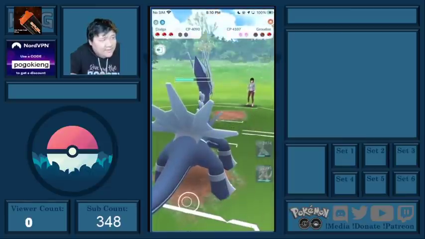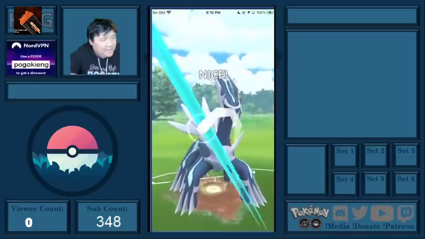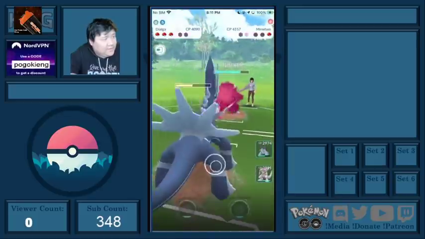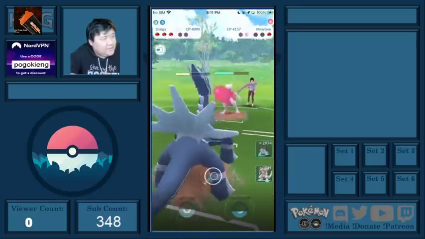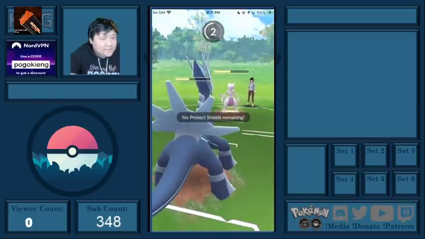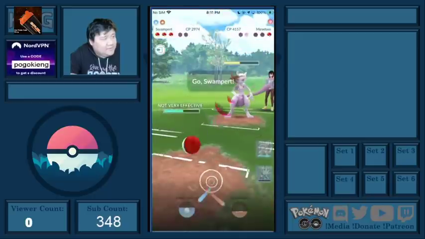I'm not sure, they lagged there, because that definitely should have done more damage. I'm not entirely sure what happened there. I don't think it actually makes that big a difference in this matchup. I ended up surviving this. Maybe it did make a difference. Let's see. So I switch out into Swampert,